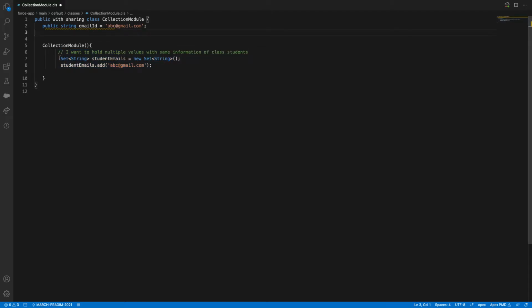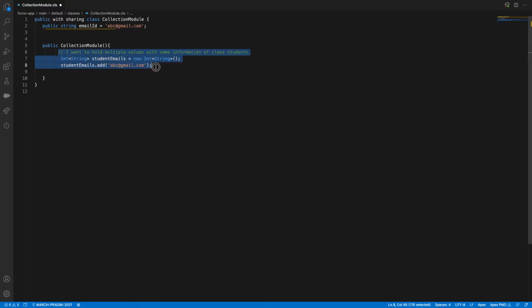As I mentioned, what is the default specifier now? It's private. But again, have I declared my variable inside the constructor or outside? Inside only, right? This is my constructor. The studentEmails variable is written inside the constructor.